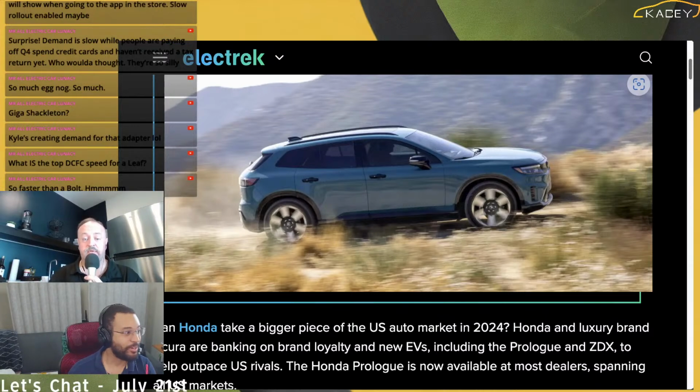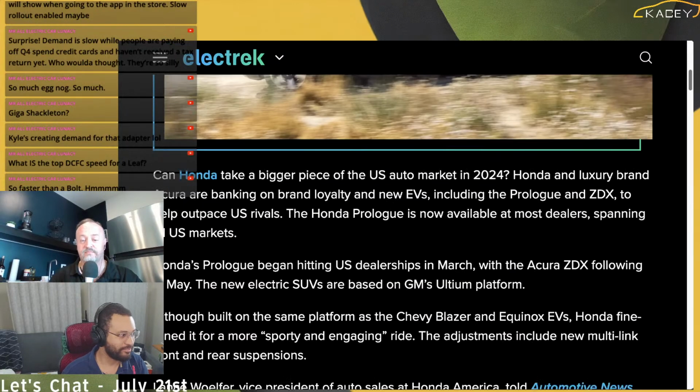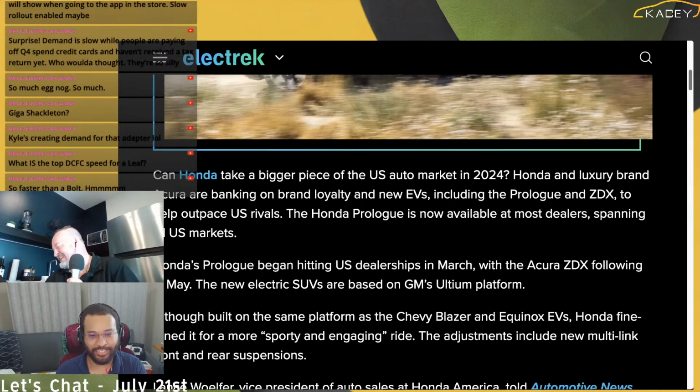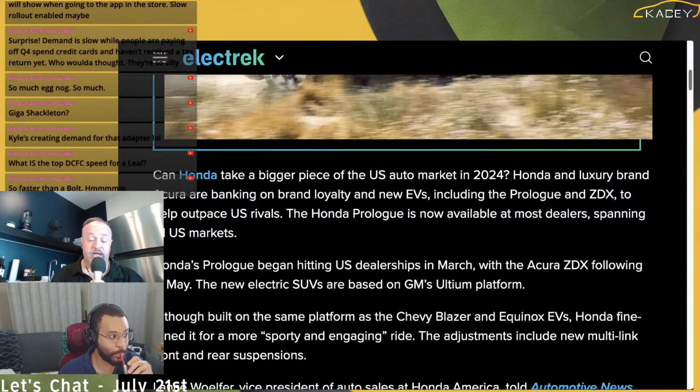Right. Also, I don't know if I've got the article now, but Honda is bringing back their hydrogen car after being gone. It was Toyota and Hyundai for the longest time, and now Honda thinks that they can come back in hydrogen and win. Well, hydrogen's the most abundant element in the universe, Casey. But it just binds to everything.